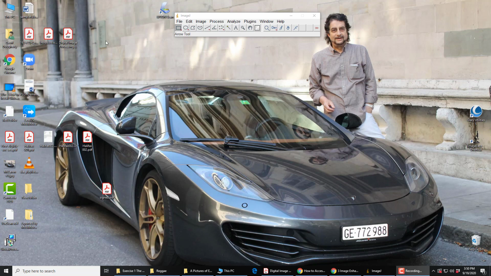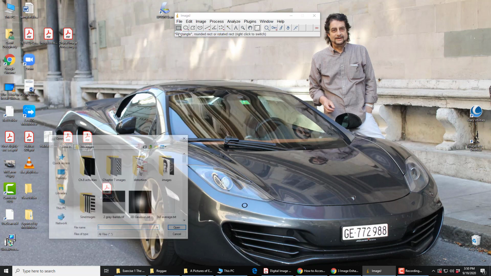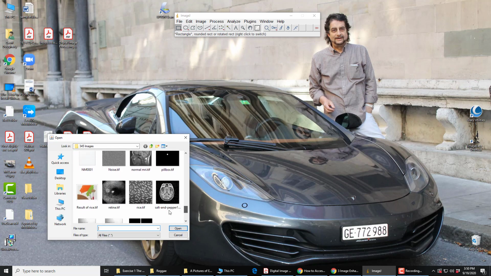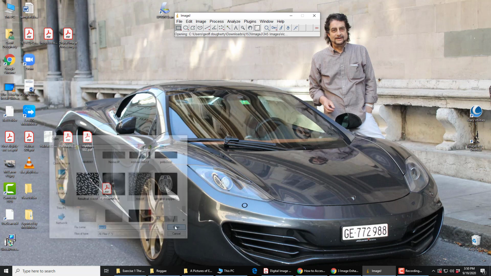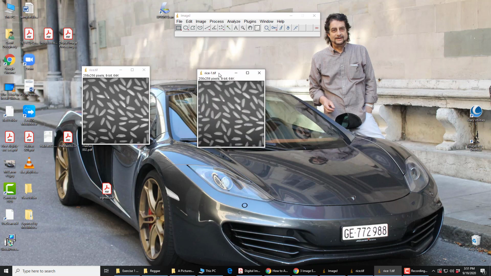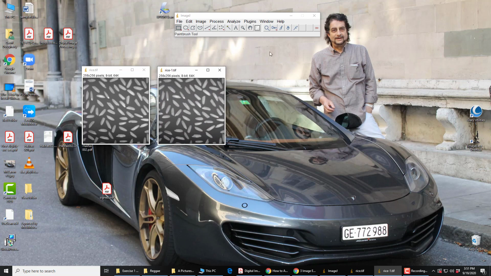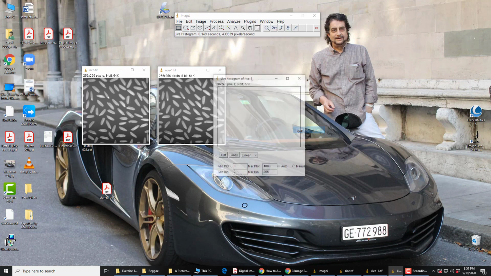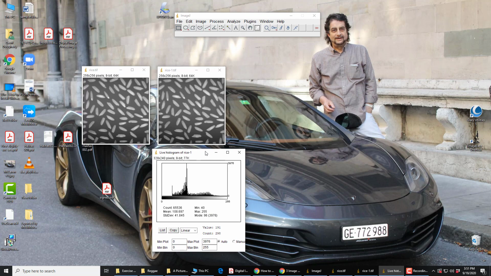So if you open up ImageJ and go to your files and open up rice, we find it rice.tiff, open that up and make a duplicate. And let's open the live histogram in Plugins, Chapter 5, Live Histogram. This is the histogram of that image. The image itself, if we move the cursor around and look at the pixel values up here,